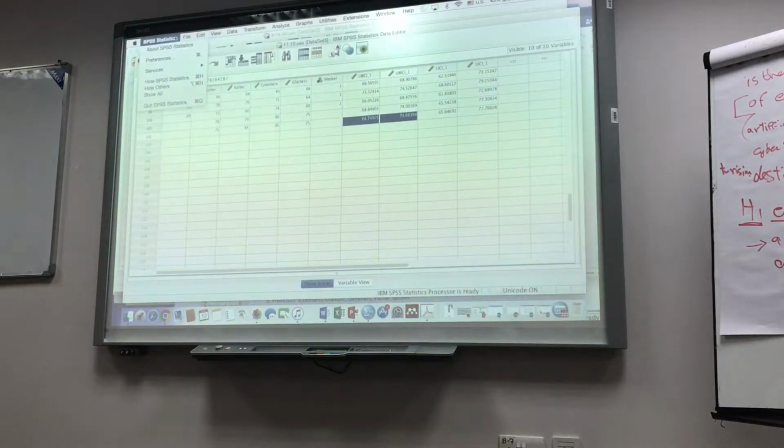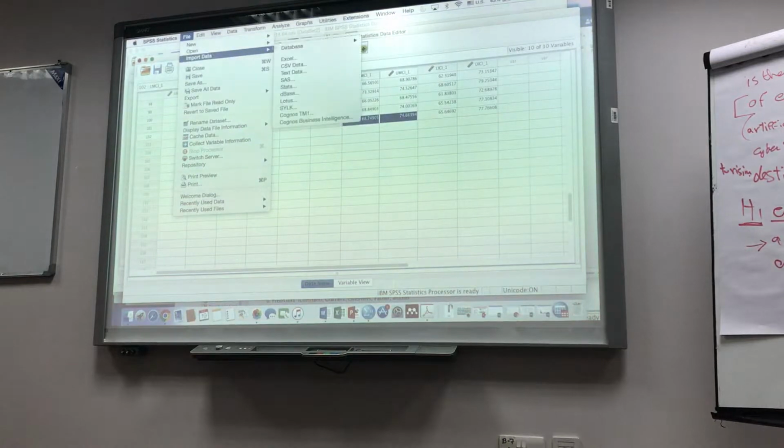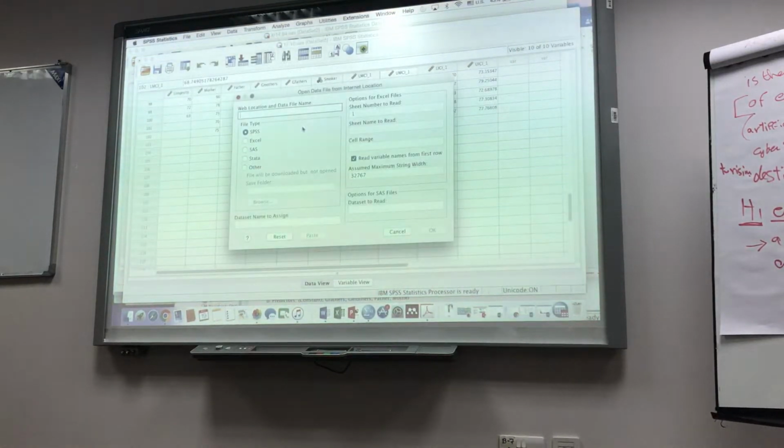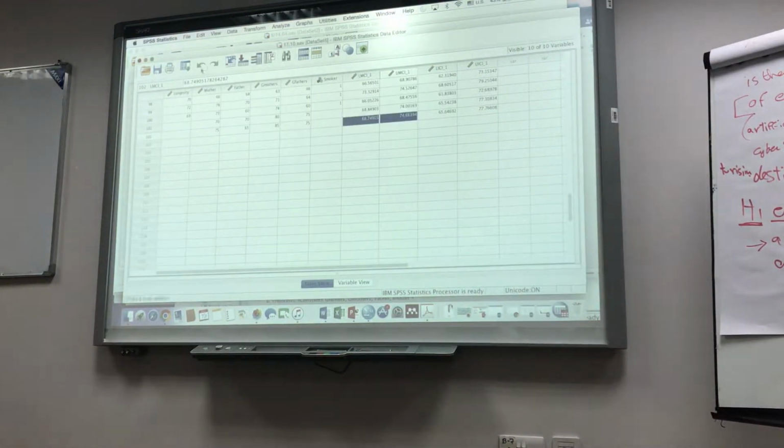I need to open the data set. Again, which one is dependent and which is independent? The dependent variable is the sales of the tire, and the independent is the snowfall. So let's open the data.